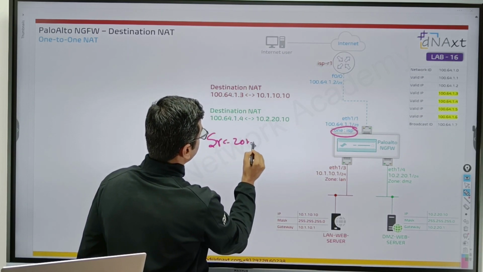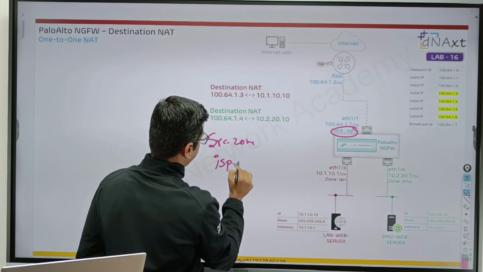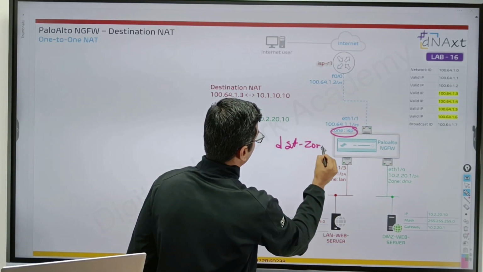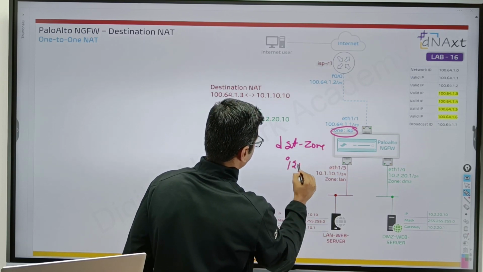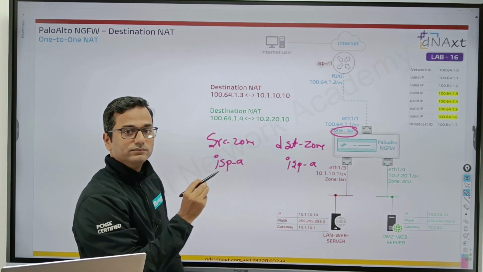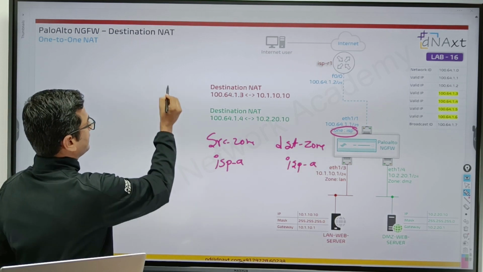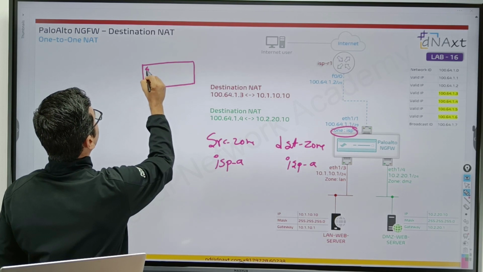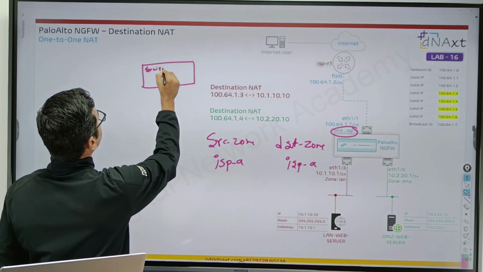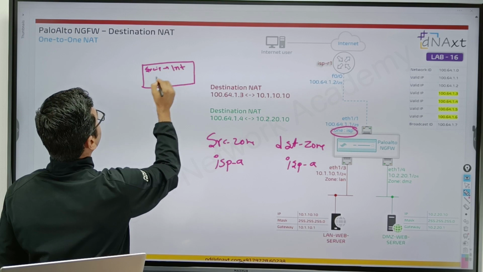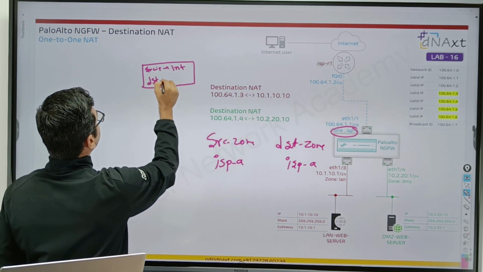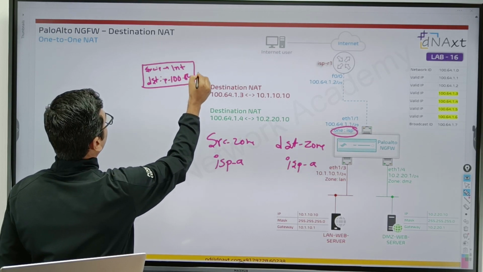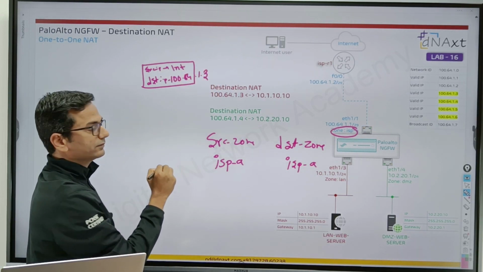Source zone ISP-A, and destination zone also ISP-A. How? In the packet, your source IP is the internet and destination IP is 100.64.1.3.